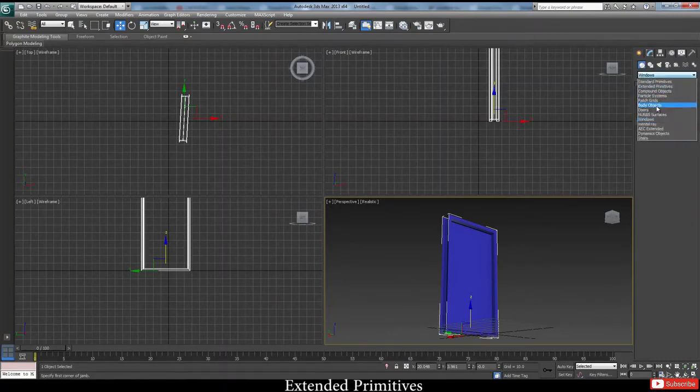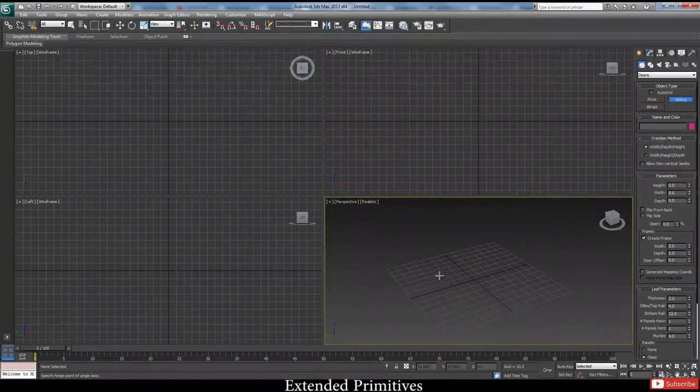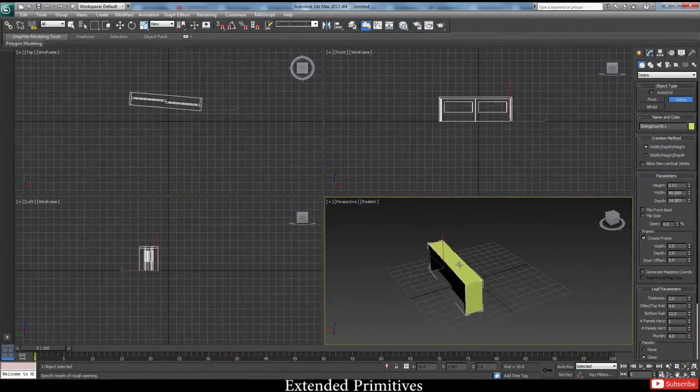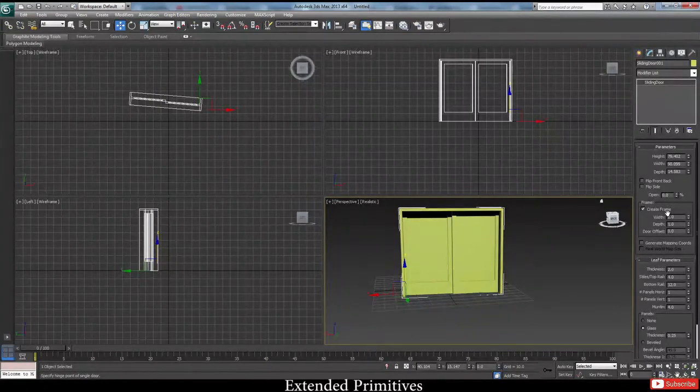We can create doors. I'll show you one sliding door that is very useful. When you start off with 3D, a lot of times you start off building houses, and so this way you have your sliding door. We go into the modify panel to see how you slide the door. Over here you see open, that's showing 0% at present.